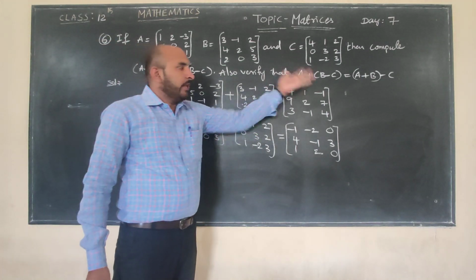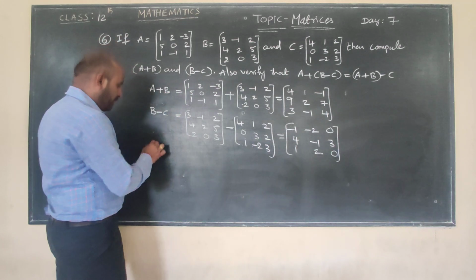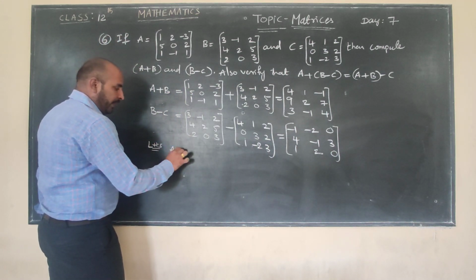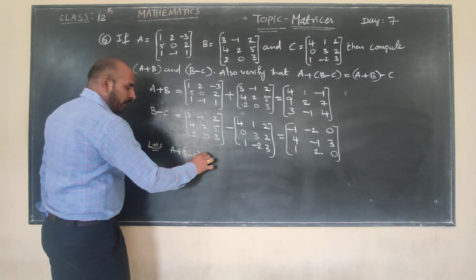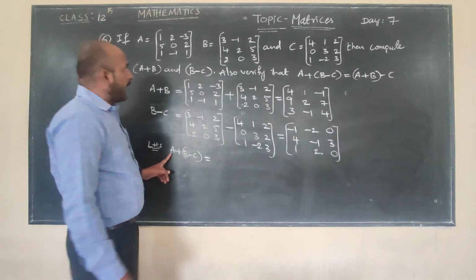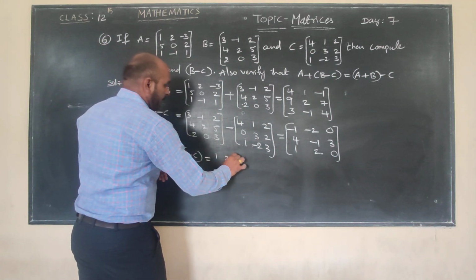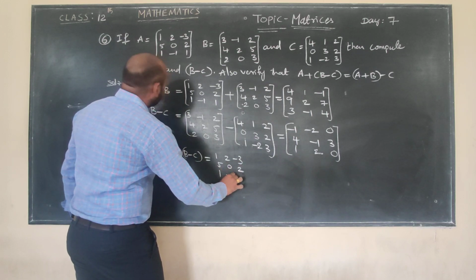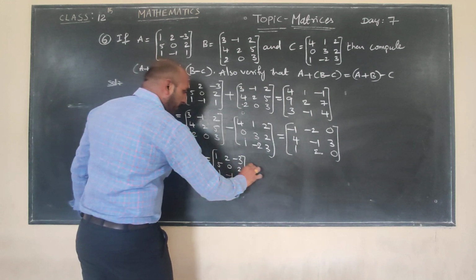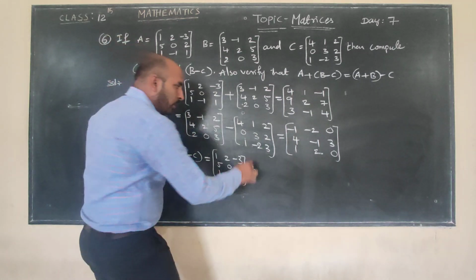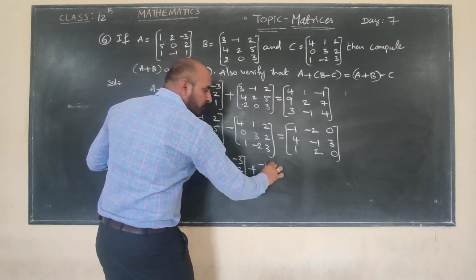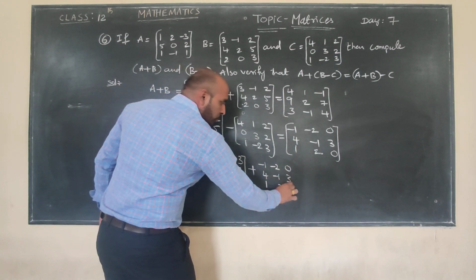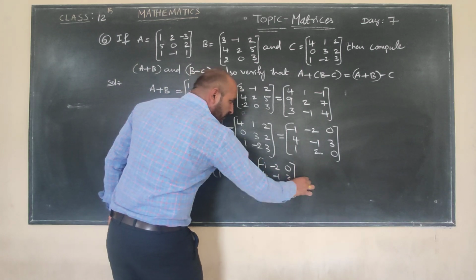So now coming to the left hand side value, LHS. What is LHS? A plus B minus C, which is equal to the A matrix: 1, 2, minus 3, 5, 0, 2, 1, minus 1, 1, plus what is the B minus C matrix? B minus C matrix is equal to this one: minus 1, minus 2, 0, 4, minus 1, 3, 1, 2, 0. It is equal to,